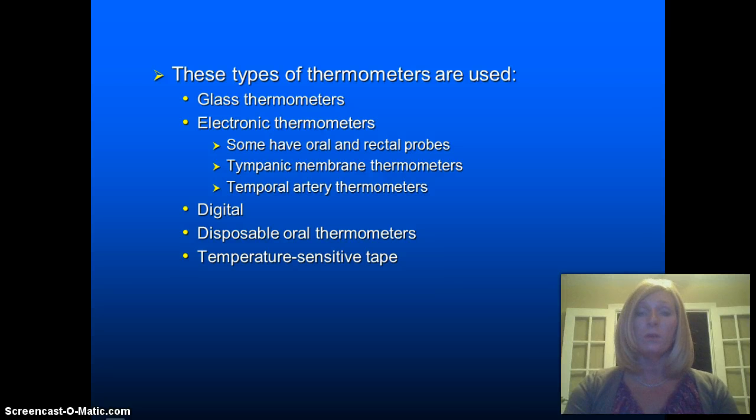You most likely, when you go to the doctor, that's how they're taking your temperature. It's usually oral, right? They're putting it in the mouth. But you might do a rectal temp. Rectal temp is your most accurate temperature. It is closest to the core of the body. So if there's any question about temperature rises, the doctor will order a rectal temp to get the most accurate